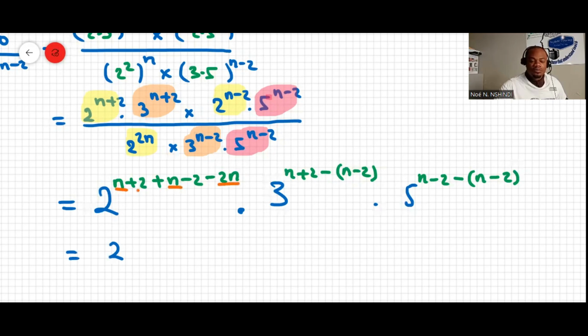And then 2 minus 2 also simplifies. Okay, all these simplify because that makes 0. So this is 2 to the power of 0. Now multiply by 3. Now over here,